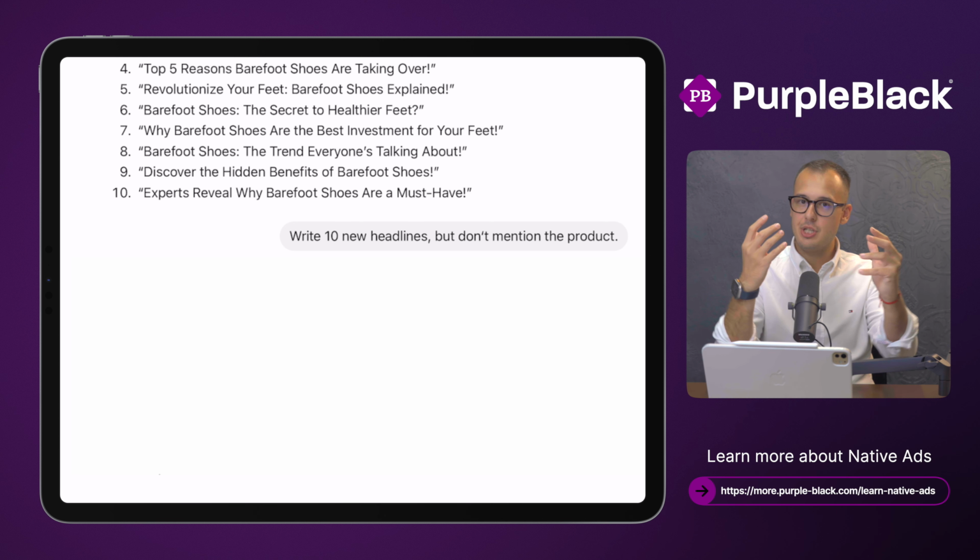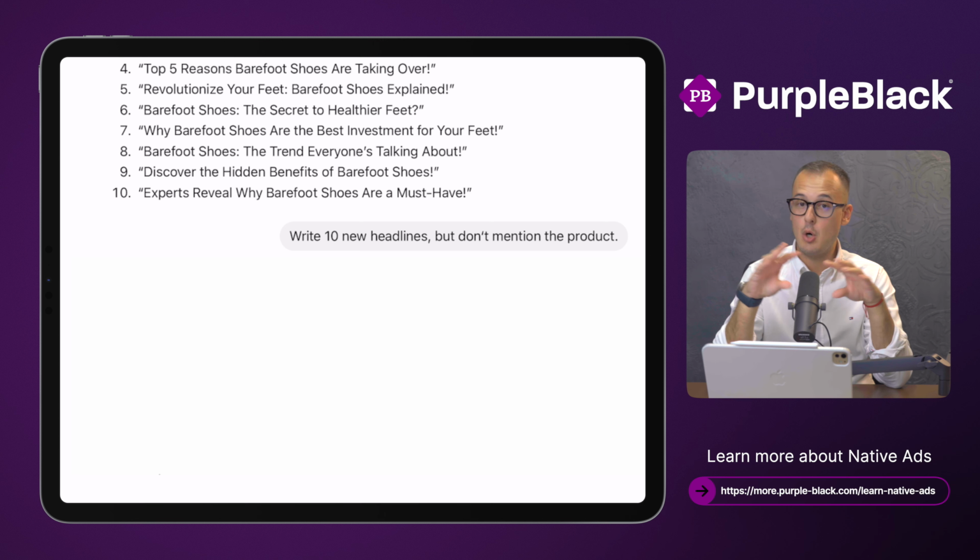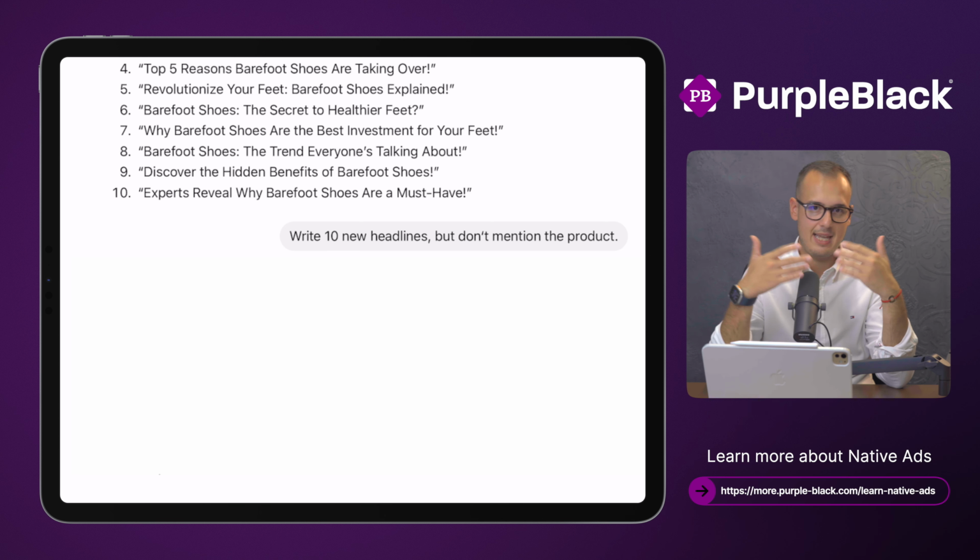Because the issue here is also when people are reading this product over and over again, and if it's a trend, like for example now with barefoot shoes, then they're not so aware, or they go on Amazon because they have their account and it's super convenient for them to check out barefoot shoes on Amazon. It's secure, it's Amazon Prime, it's next to delivery. So you have all the benefits here. So you do compete with all the big players, like for example Amazon. And that's exactly what we want to avoid.